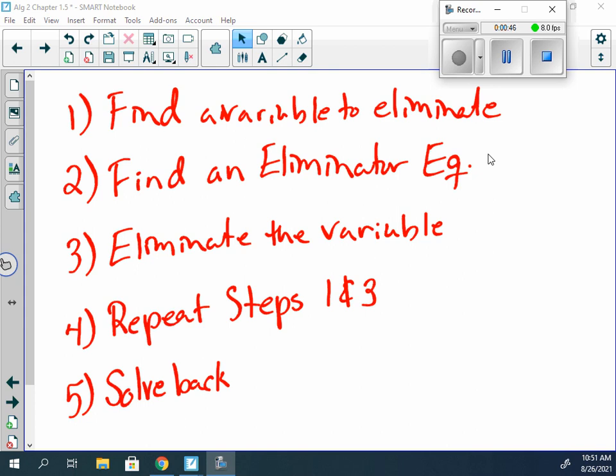Step 3 was to eliminate that variable, or at least the chosen variable. Step 4 was to repeat steps 1 and 3. And step number 5 is to solve